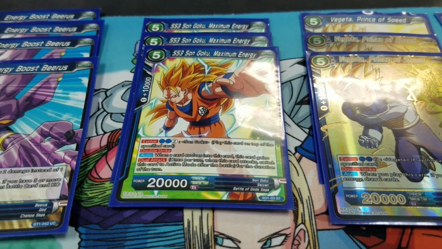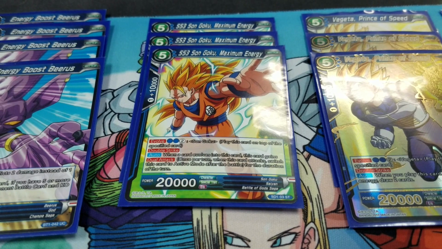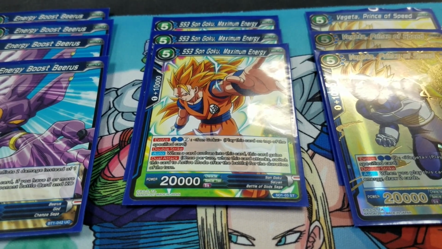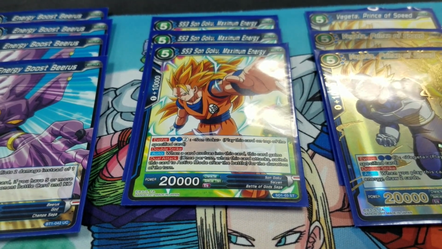Following that, we got 3 Super Saiyan 3 Gokus. So this card is really in here to help you burst through if you need the extra attack on the turn, because when he evolves in, you give him dual attack. On top of that, he's 20k with the double strike mechanic. So late game, he becomes a really heavy beater on the opponent, and it helps you to net extra attacks